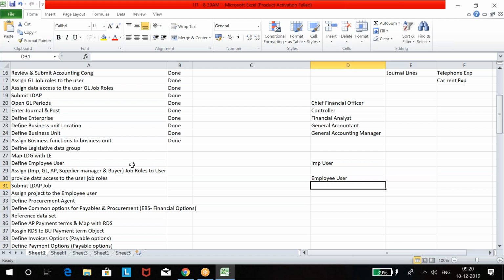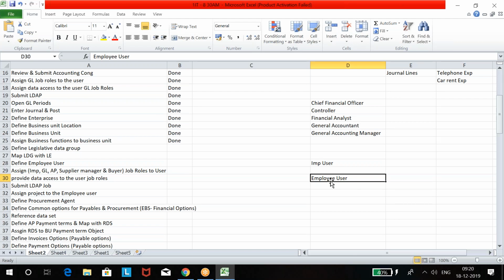Implementation user cannot be a procurement agent, cannot be a collector, cannot be a buyer or seller. Employee user can be a procurement agent, that's nothing but buyer. Can be a salesperson, or you can say seller. Can be a collector to collect cash from the customers. Clear?